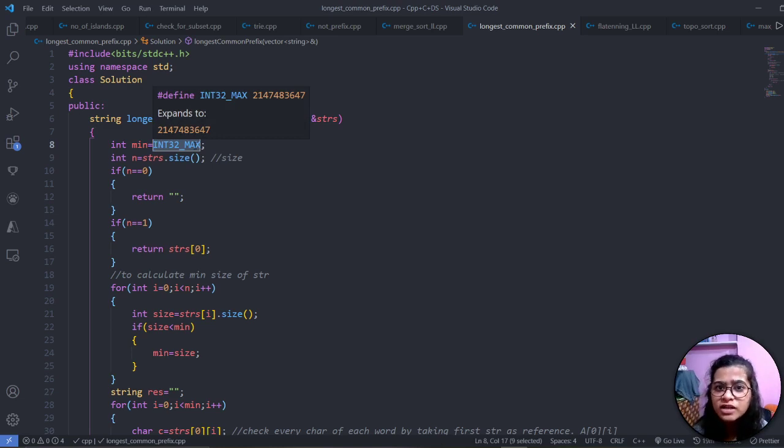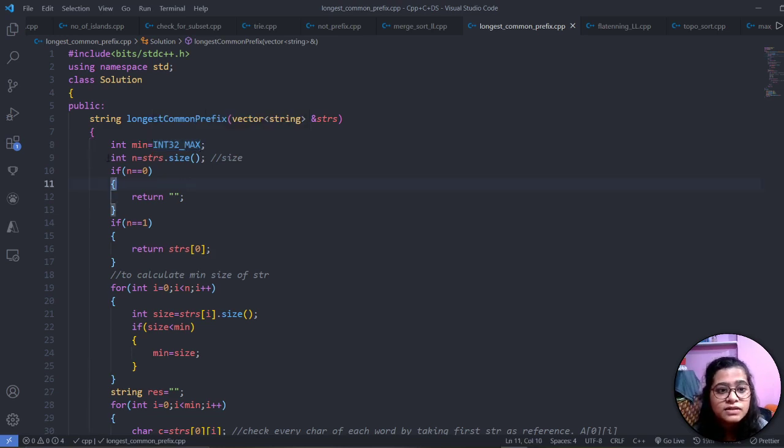Because we have to find the minimum length of string, and when we find a smaller length string, we will replace min with the size of that string. See, n is equal to the size of the array of strings. If the size is 0, then we will return the empty string. If the size is 1, then we will return that string as the answer because there is nothing to compare, so the longest common prefix will be that string only.